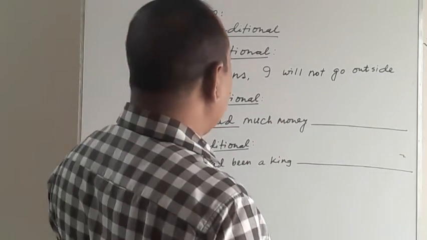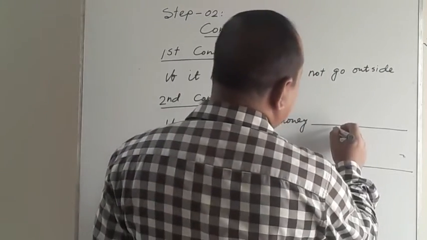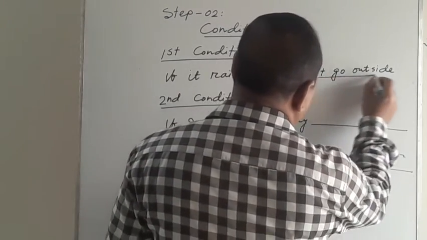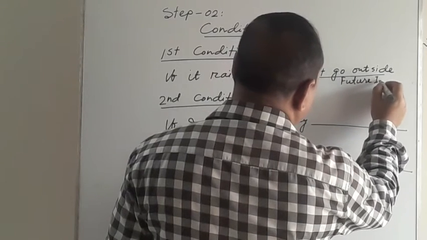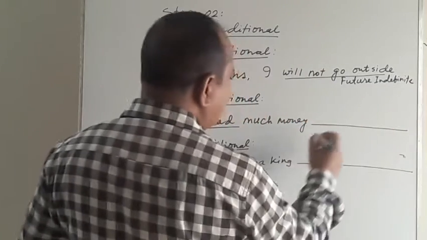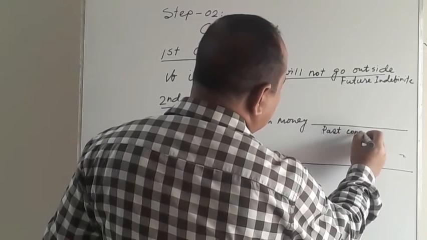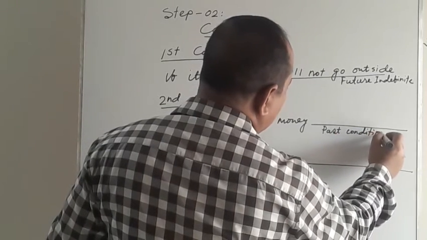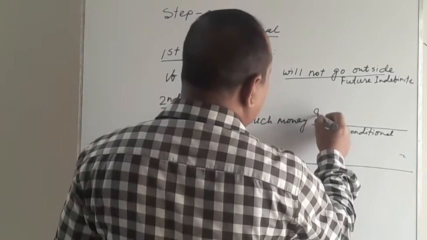So the next clause or the principal clause would be, what would be? Past conditional. So we can term it future indefinite and here we can term it past conditional. And look at this, if I had much money,